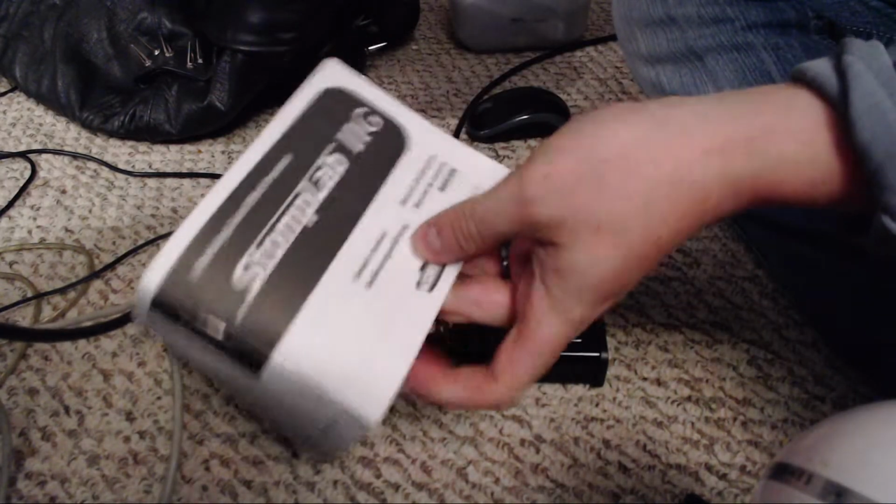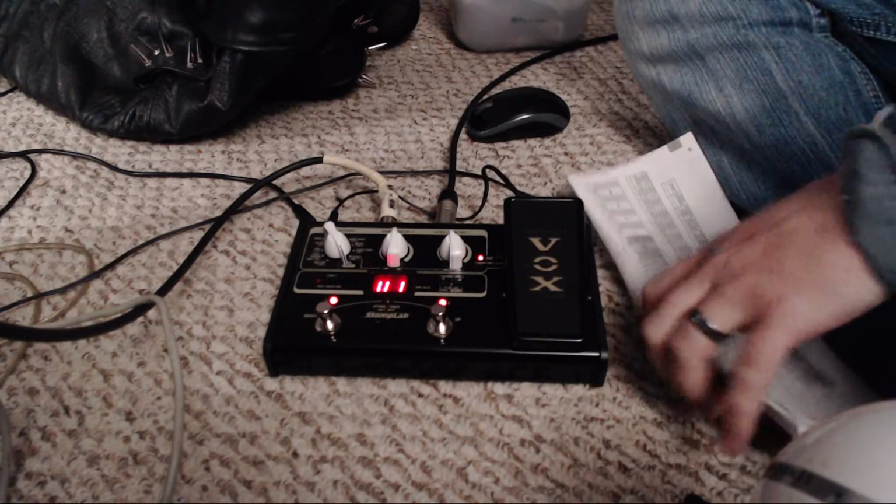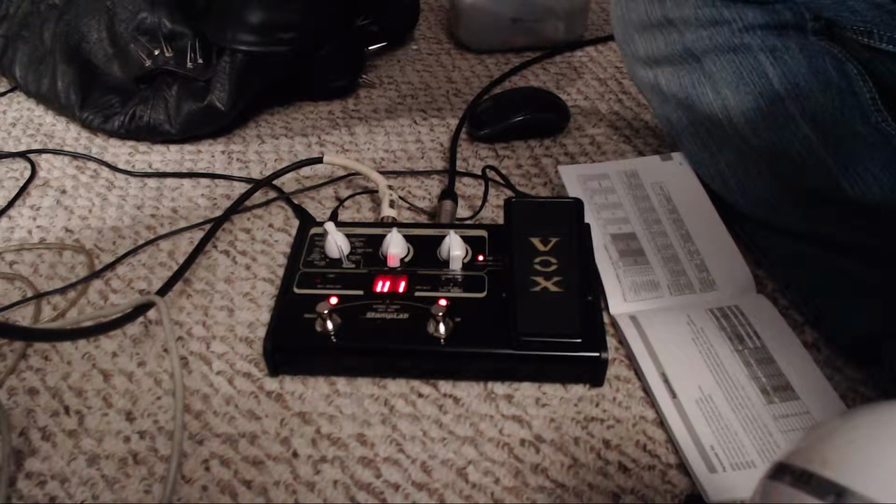This is the Vox StompLab IIG. Got it for like $129 or $139 on Amazon. Took me forever to figure out how to learn to program this, and I couldn't find any sensible videos. So,